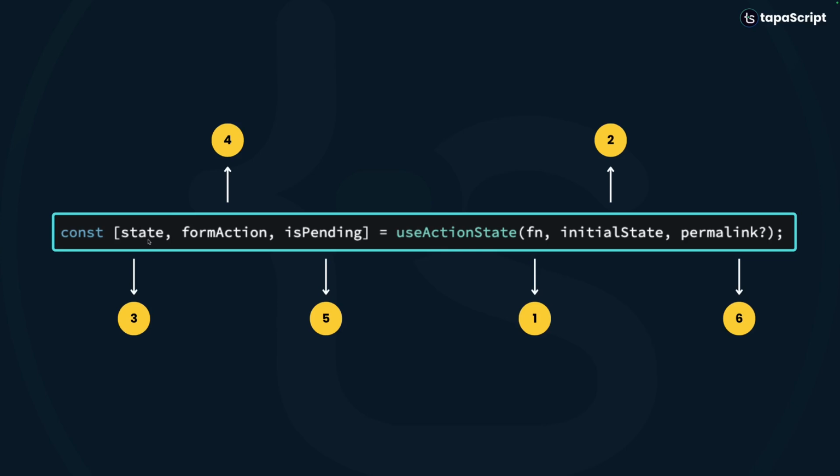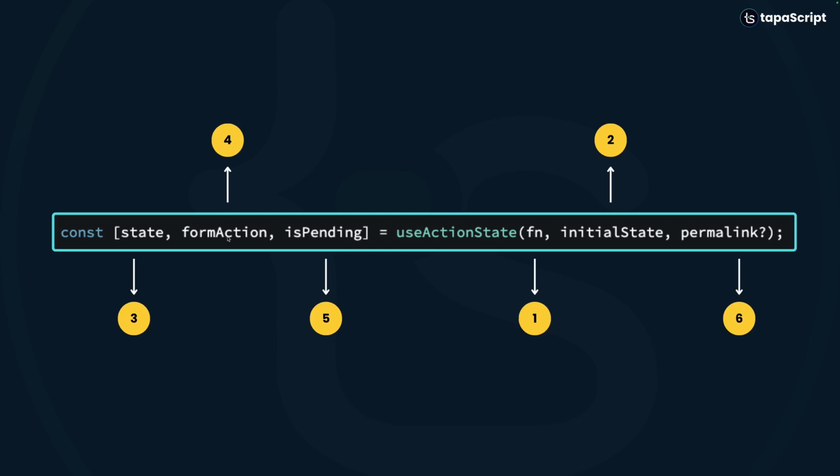So far, so good. Now this form action is a new action. This is what you need to pass to your form's action attribute. Okay, this is a new action that you will be passing to the form action attribute in your component. Or if you're using a button, in that case also, this is the action that you will be hooking into, not this one. This is your action that you would have defined in a different action file. You will import that, you will use it over here. You will initialize it with the initial state, and then this form action is what you will be using